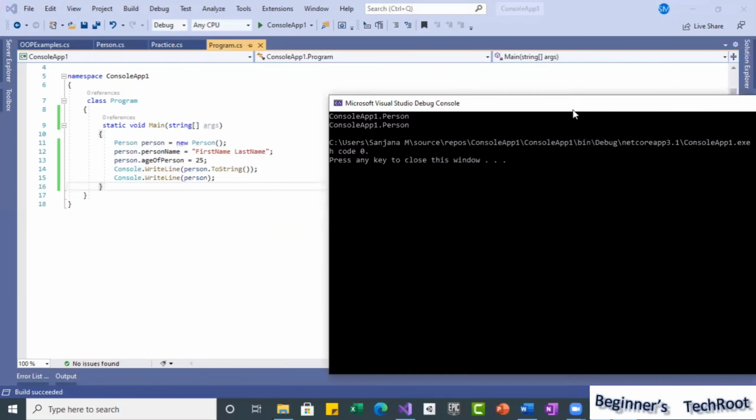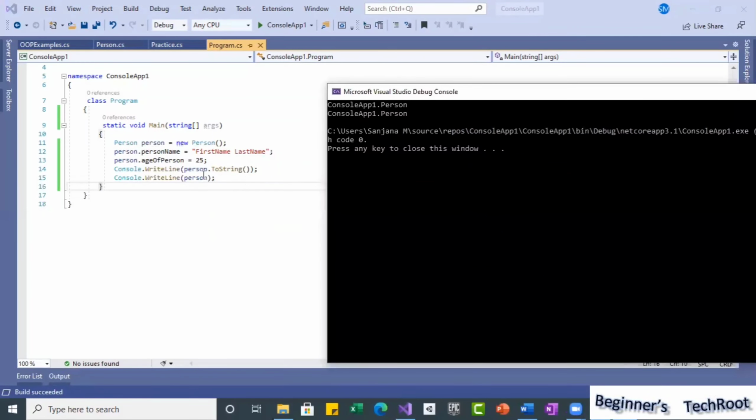Now you see what happens in both cases. If you don't put anything, it returns the default for the object. What we are getting on the screen is ConsoleApp1.Person, ConsoleApp1.Person. For both cases, the default is returning the type name, that's all.